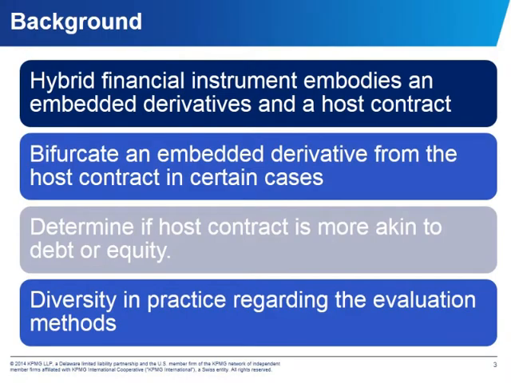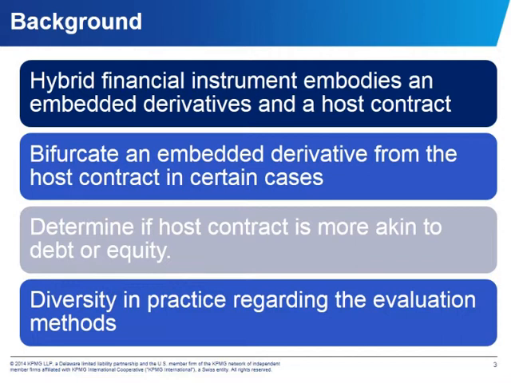Sure. A hybrid financial instrument is a contract that contains both the embedded derivative and the host contract. Under derivative guidance, you're required to bifurcate the embedded derivative from the host contract and account for it separately if certain criteria are met. One of those criteria is if the embedded derivative is not clearly and closely related to the host contract. So in order to make this determination regarding whether you bifurcate or not, the entity first needs to determine the nature of the host contract.